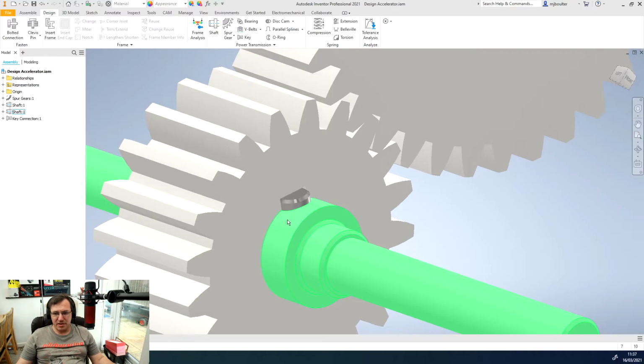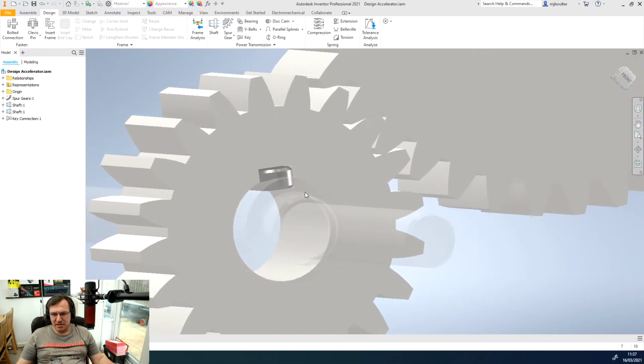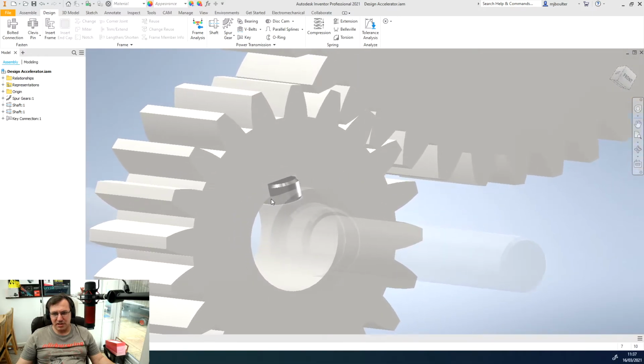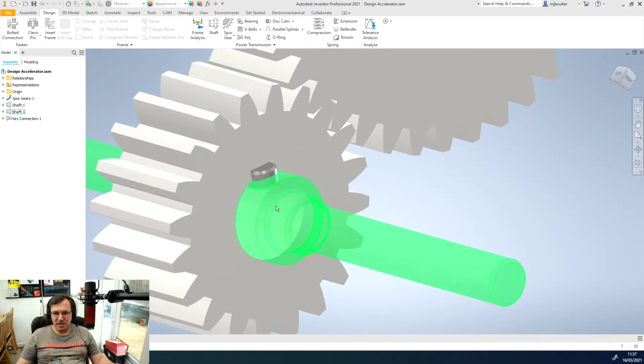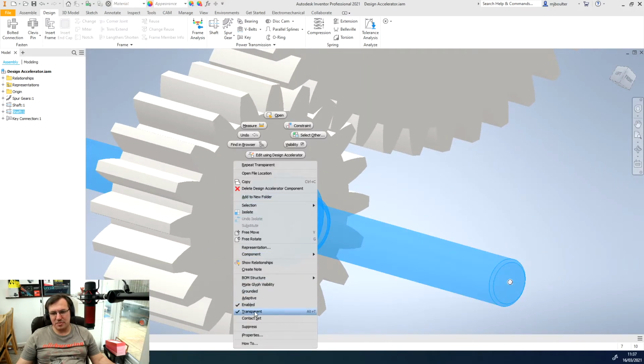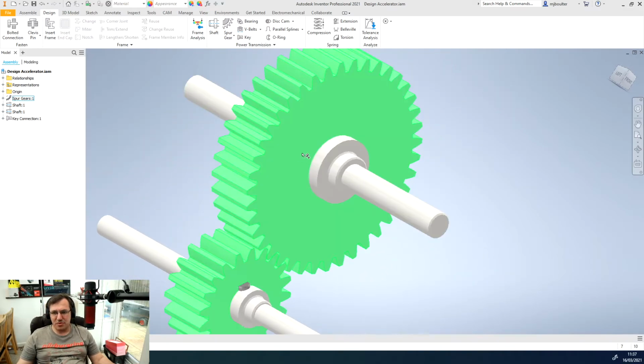If I make the shaft transparent, you can actually see it's created the cutout in the key, and it's created the slot in the actual gear itself in the hub. So we'll just turn transparency back off, and we'll do exactly the same now with the